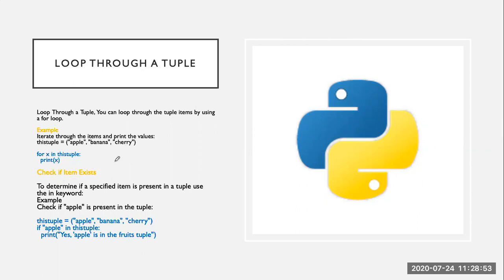And in case we want to check if some item exists in this tuple, we can simply use the if statement. For example, as we have used in the list, we want to find if the apple is present in the tuple, and it will return the value in the form of a Boolean value, that is true or false. We will write if apple is in this tuple, because this tuple is the name of that tuple, and it will give the value yes, so we will run this statement. In case it gives the value false, then we can simply run the else statement. Okay.